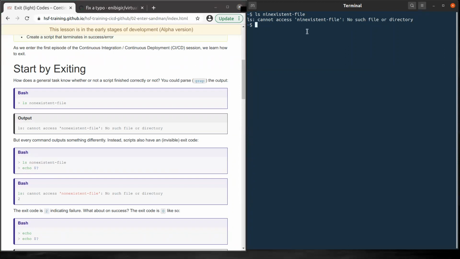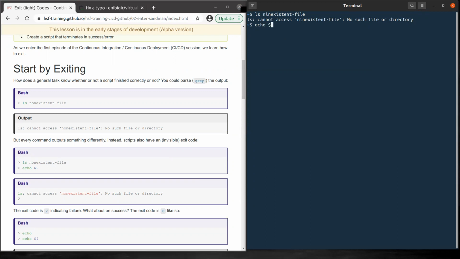In bash, in shell mode, there is an environment variable that you can use to print the exit code. The exit code is just a code returned to a process by an executable.